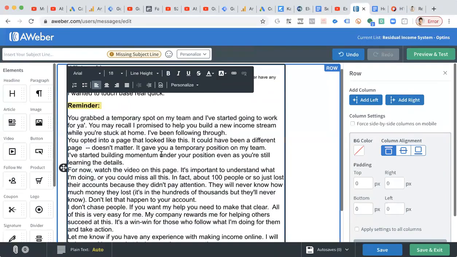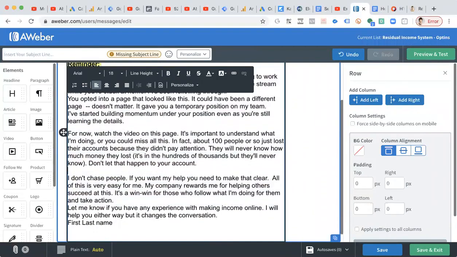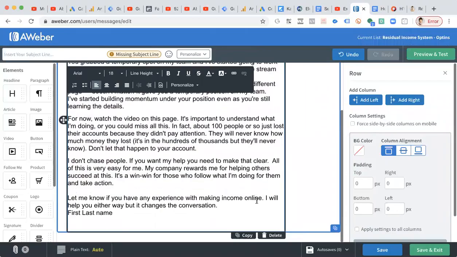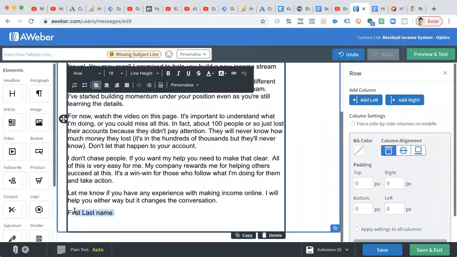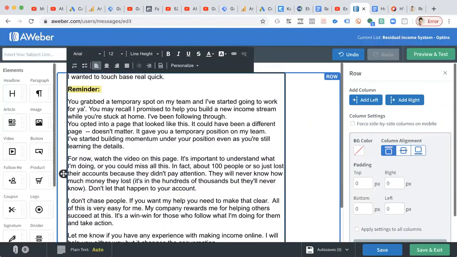Click apply. Okay, there we go. And you just make sure that you set up the spacing appropriately, that kind of stuff. And obviously you need to put your name down here and change any of the email as you want to, and delete that stuff here. It's Robyn. Wanted to touch base real quick. So let's say,